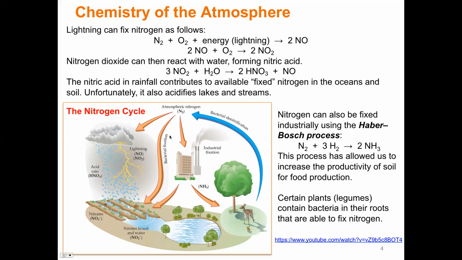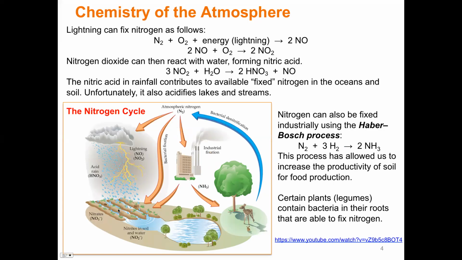And this would start fixing that nitrogen. This would be combined with oxygen, which is what you're seeing here. So you can see that this nitrogen dioxide will then also be reactive, because now those bonds are broken. It can also then react with water, and then you get nitric acid. Okay, so now this is fixed and it will fall to the earth, and then we will be able to then get access to that.